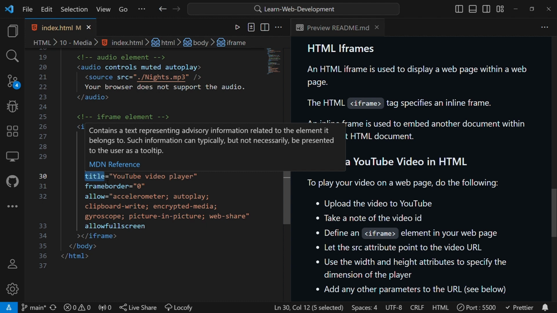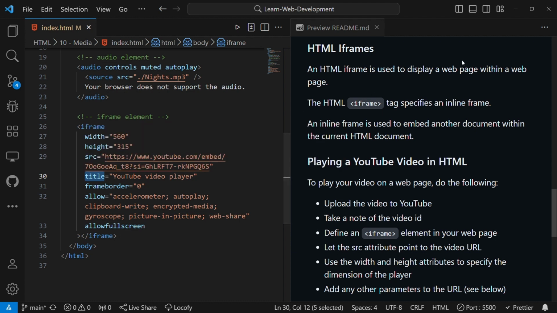And the next attribute is this frameborder attribute. And you can see it is set to 0. The frameborder attribute is used to control whether or not the border around the frame is displayed. If the value is 0, it indicates that no border should be displayed. Like here you can see the value is 0. So it says that no border should be displayed. And if the value is 1, it indicates that the border should be displayed. And that is how the frameborder attribute affects our